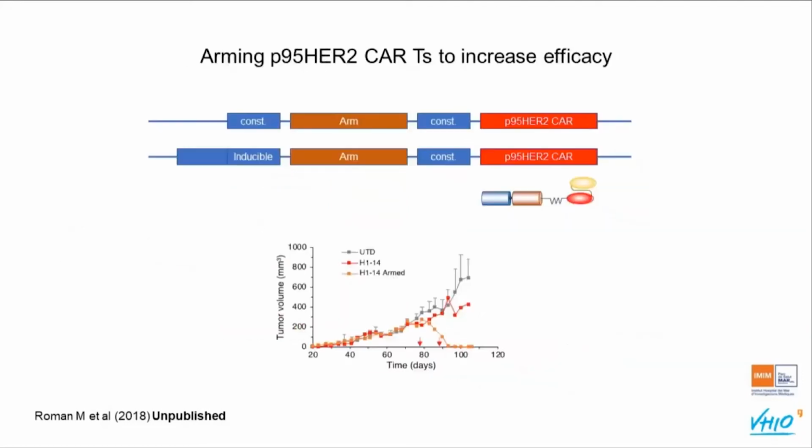To overcome this hurdle, I cannot disclose how we have armed these CAR Ts because we are currently protecting the intellectual property associated with this assay. What we have done is to make these CAR Ts more efficacious by arming the T cells. Basically, we make a more sophisticated construct in which we constitutively express the CAR, the tumor-specific CAR, in this case P95HER2, and